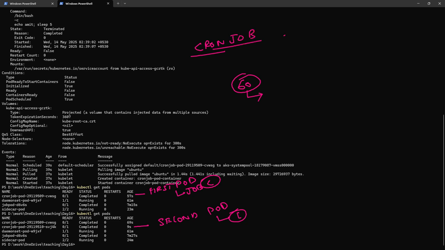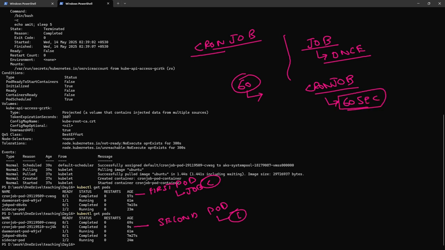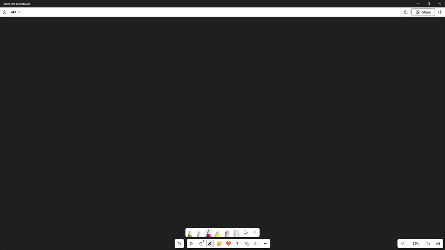So we have completed both the types of job. One is a typical job which is going to be run once. The another one which we have is cron job, which is going to run at every 60 seconds, or I would say we are good to customize it, but in this example I have customized it for every 60 seconds. Okay, let's discuss the fourth type of pod, which is called as